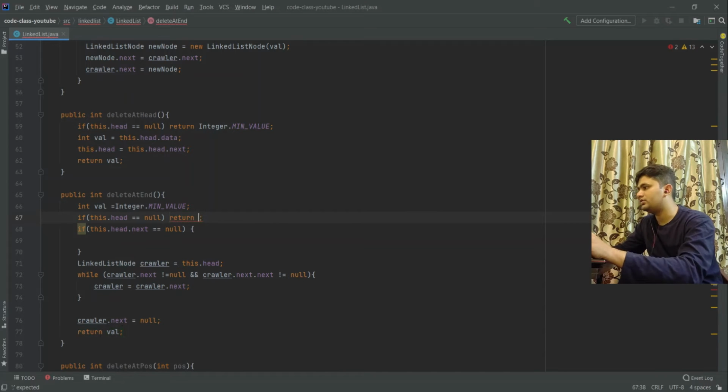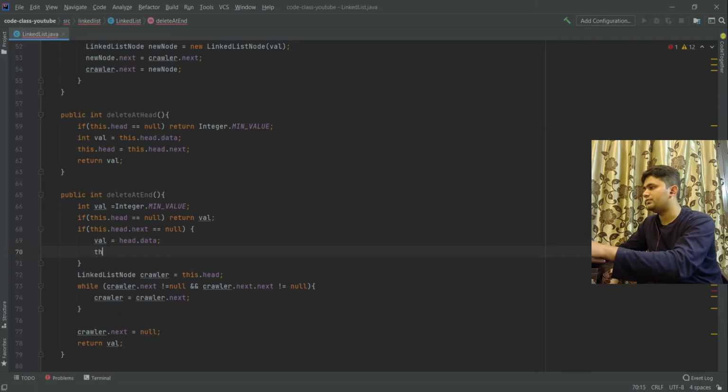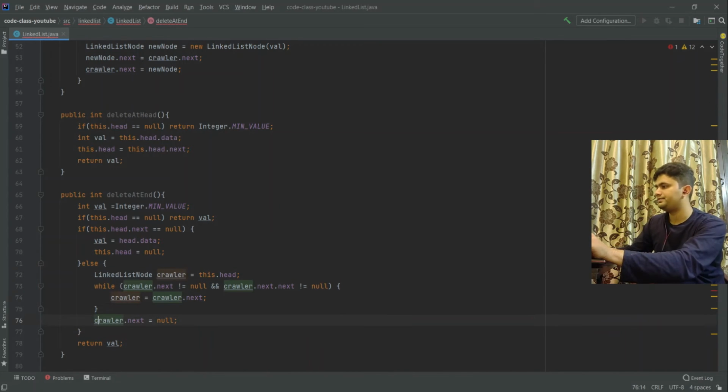If head is equals to null, we will return value, which is Integer dot MIN_VALUE. If head dot next is equals to null, we will capture the value of head dot data, and we will simply do this dot head is equals to null, else we will do all this, and in the end this will return the value.